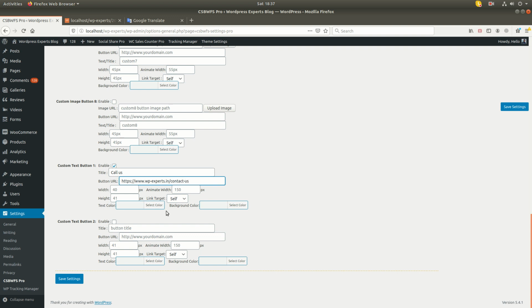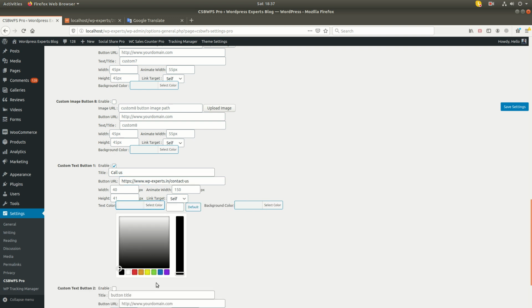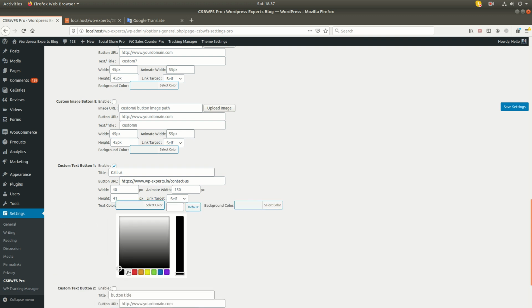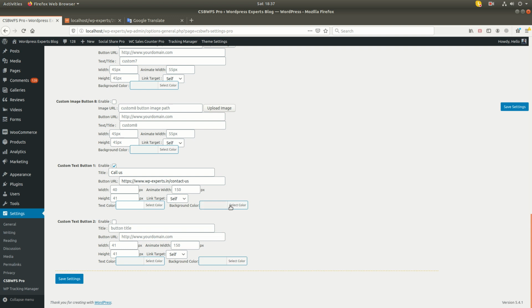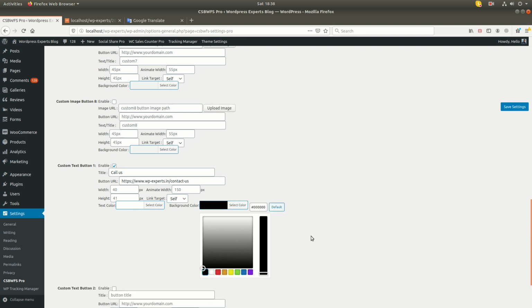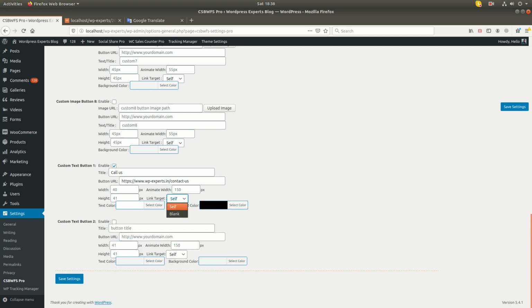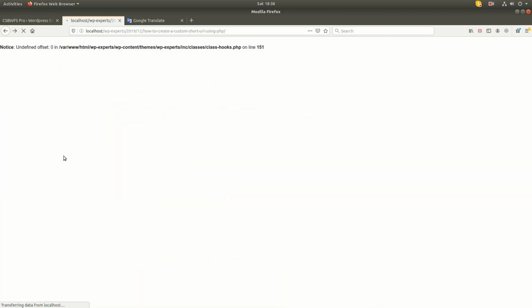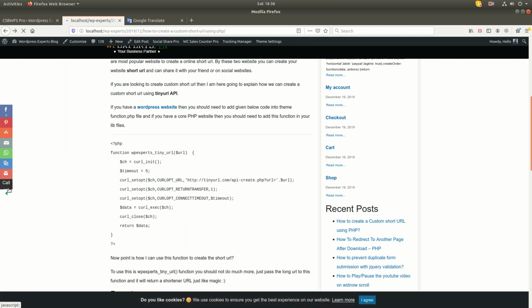We can define the text color here, and we can define the background color from here. For example, I am going to choose the text color white and background color black. You can define the target as self or blank. So I am going to define the target as blank. Call us.